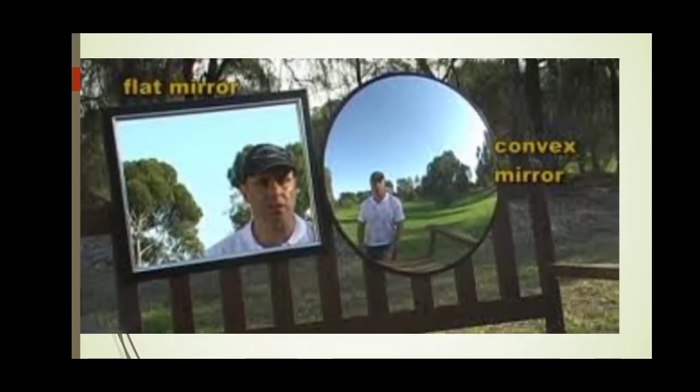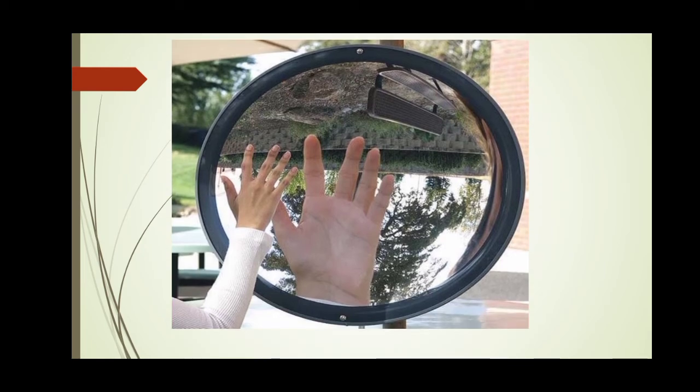See the differences between the characters of images formed by a flat mirror and a convex mirror. In a flat mirror or a plane mirror, you can see the same sized image, but in a convex mirror, the image formed is smaller in size. At the same time, the image formed in a concave mirror is larger in size when the object is very near to the concave mirror.